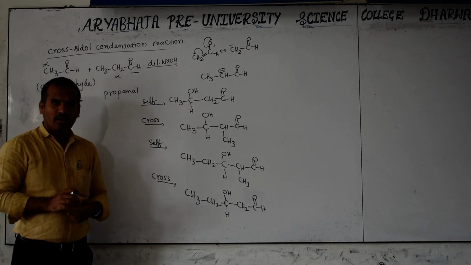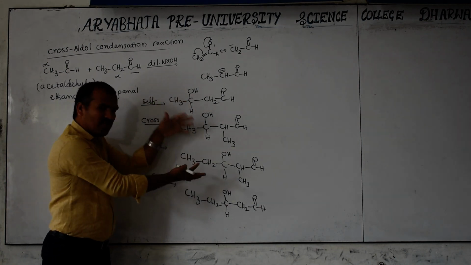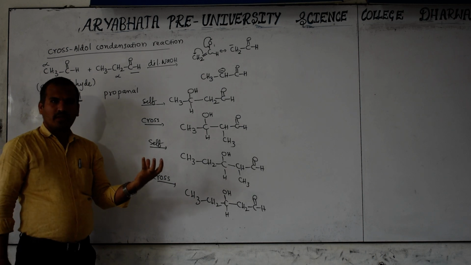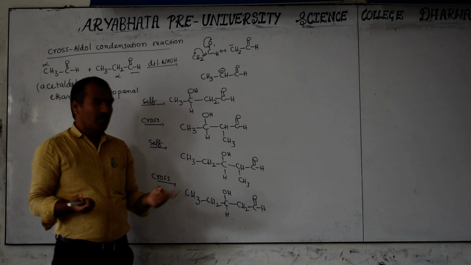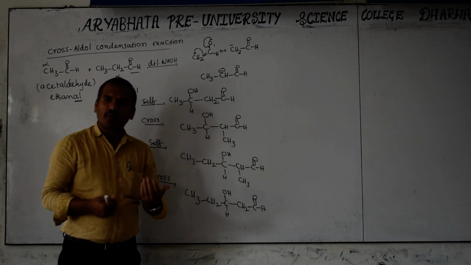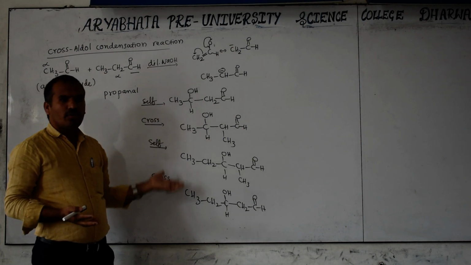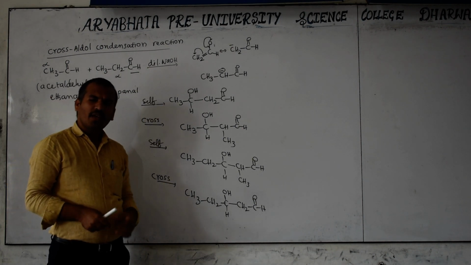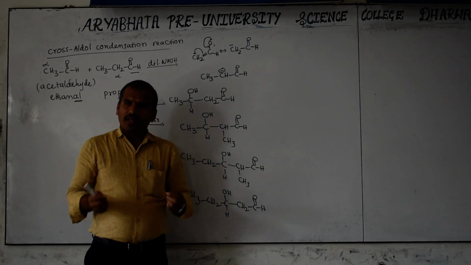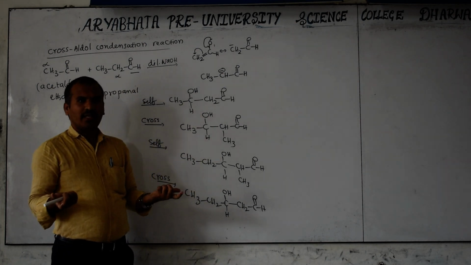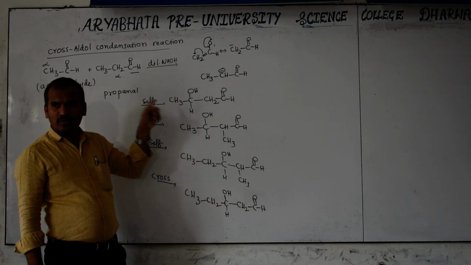When you take different aldehydes or ketones, we will get a mixture of products. This is a mixture in total. All of this forms in the reaction. When all will form, we have to separate them individually. Only then will we get a better product. If we cannot separate, this reaction is not useful. Yes or no? When you are going to prepare one compound, and along with it some other compounds are formed that we cannot separate, then what is the use? Nothing. That's why only when you separate all these compounds is this reaction useful.